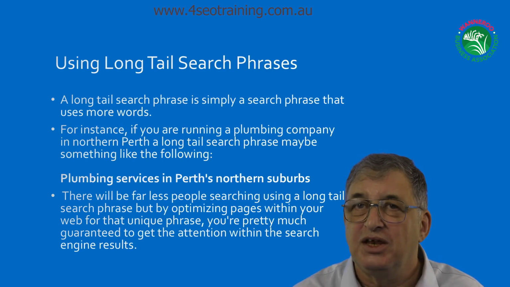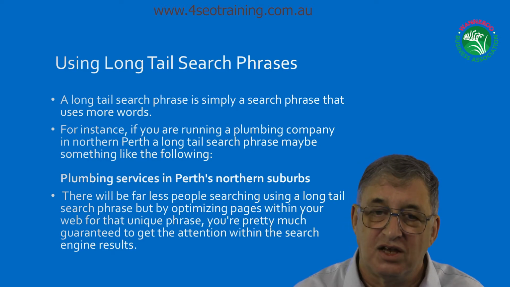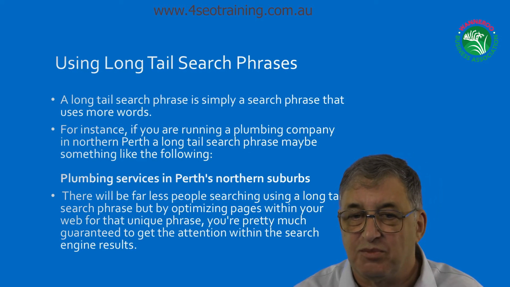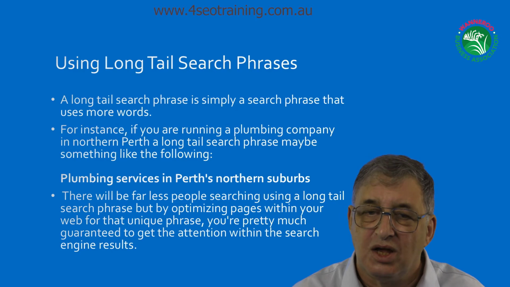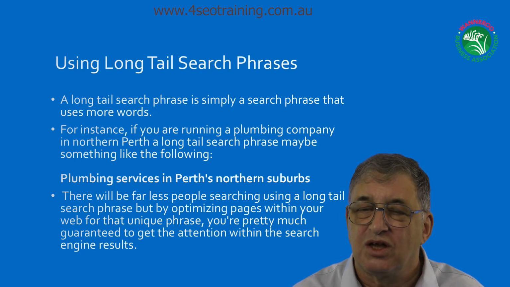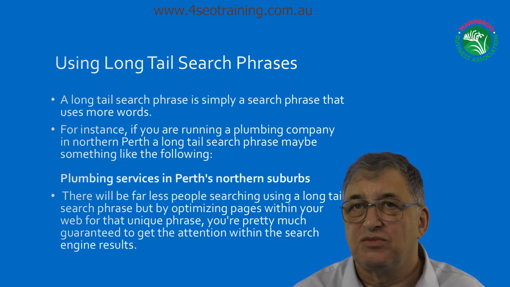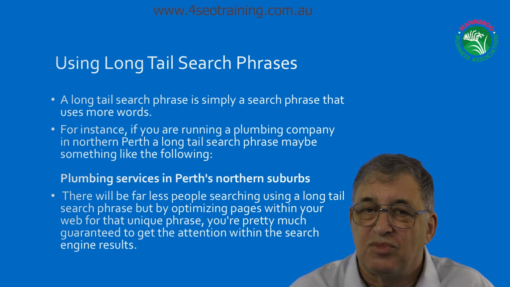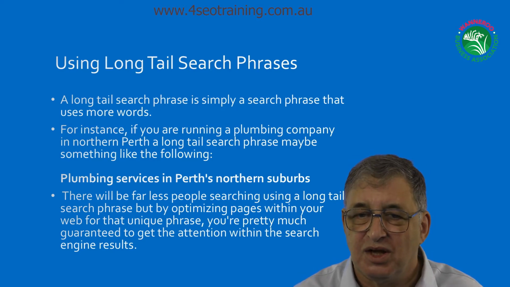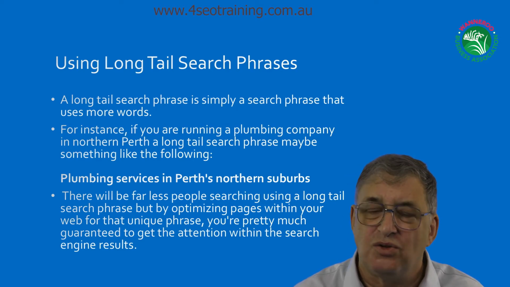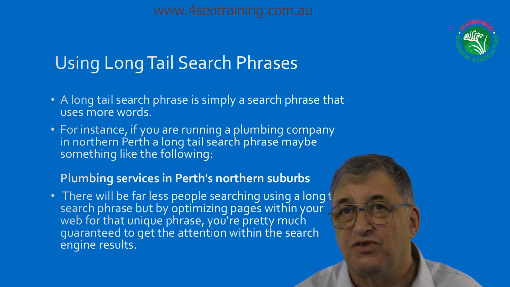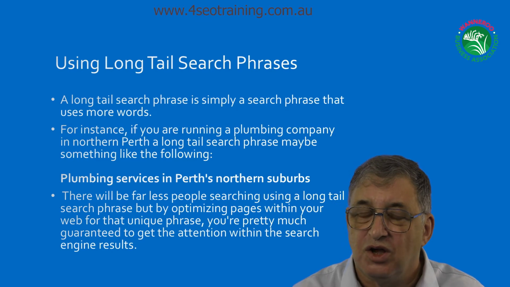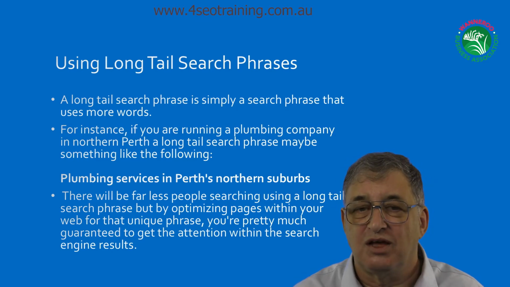But if you completely nail a particular page for that phrase, so the title is called Plumbing Services in Perth's Northern Suburbs, and you have very similar headings and your alt tags and all the other bits and bobs in the page, then you've got a very good chance of showing up at the top of Google for that phrase. And there might only be half a dozen searches a month, but if you're just a one-person company, how much business do you need a day? You don't want hundreds and hundreds of calls. You just want a couple. So you could have a long tail phrase using that particular phrase and maybe some other long tail phrases, and you'd show it quite nicely. So with SEO, don't always go for the obvious. Don't make your life difficult and hard.